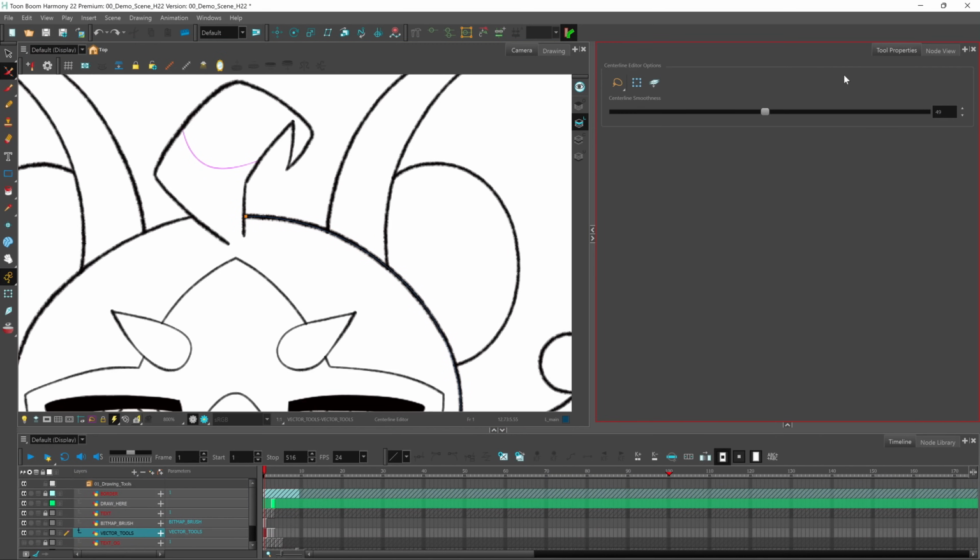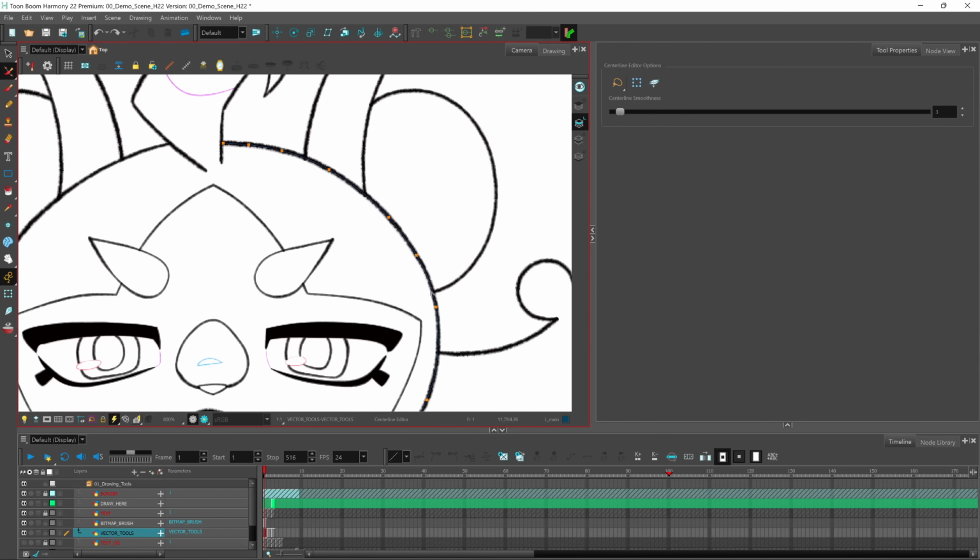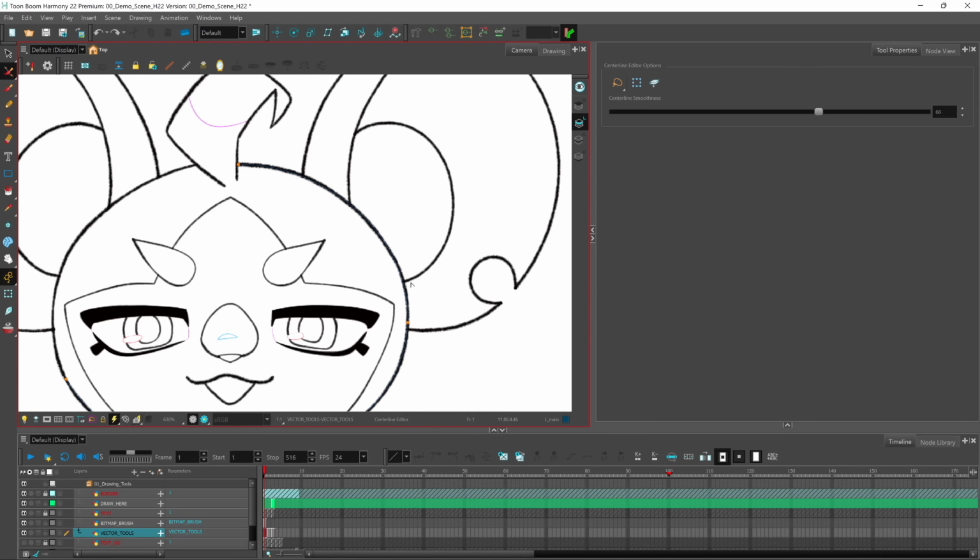With the center line editor, if you go into your tool properties, you can actually adjust the smoothness of your line using the center line smoothness slider here. So the less smooth that I make my line, the more control points I will have to modify my line with. And the more smooth I make it, the less control I have over the line in terms of contour points. So now that we've had a look at the vector brush, let's have a look at